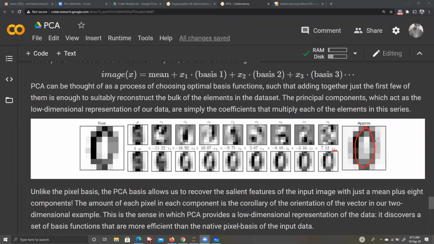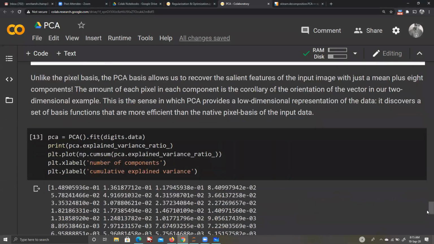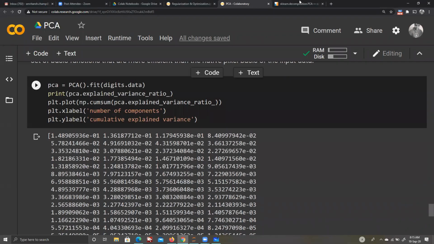This is what PCA is. On average, in PCA, we try to get approximately 20 or 30% of the original features. A lot of people will go for barely 10%. Calculating PCA also has its own compute problem, but still it's not that much. And again, there is something called explained variance ratio.